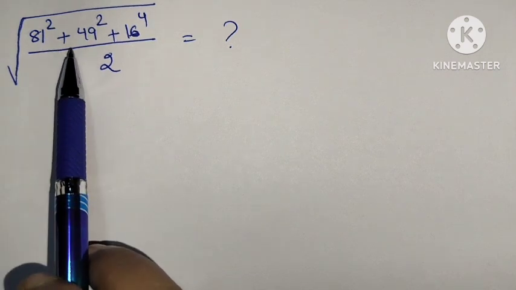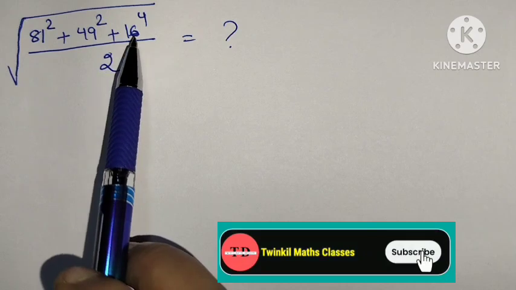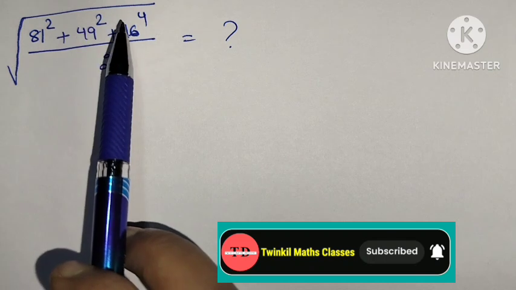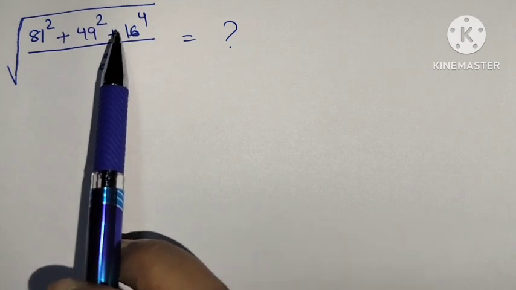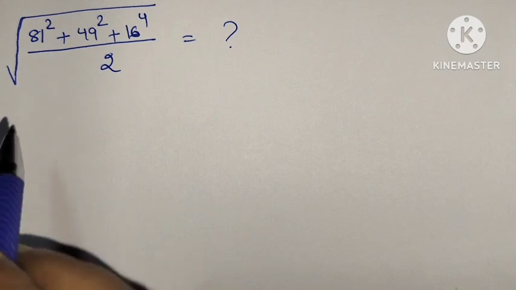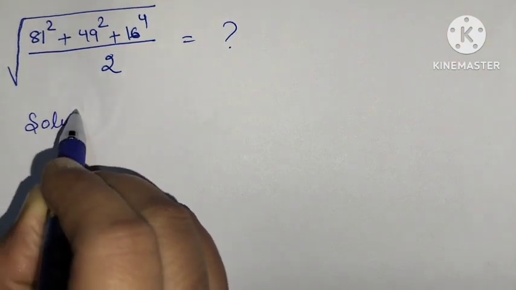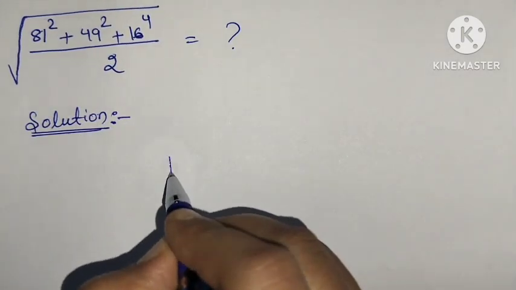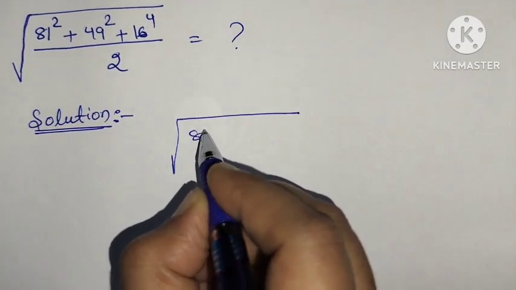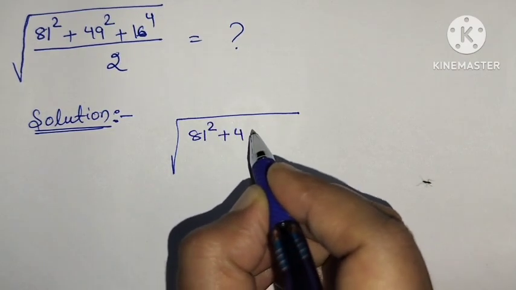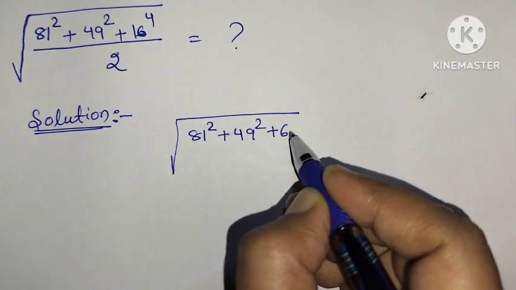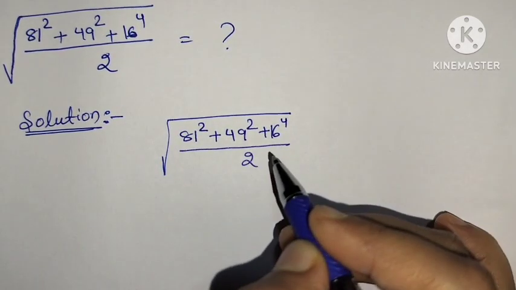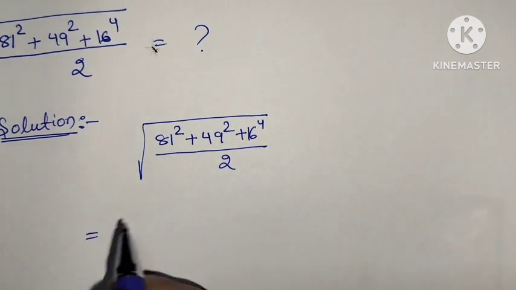81 square plus 49 square plus 16 to the power 4, divided by 2, all under a root. How to solve it? Then find the value. Solution: root over of 81 square plus 49 square plus 16 to the power 4 divided by 2. Yes, this is equal to